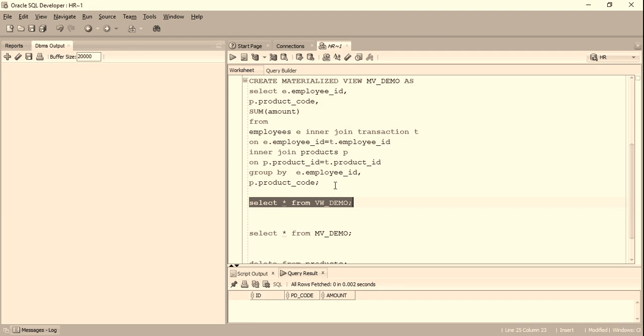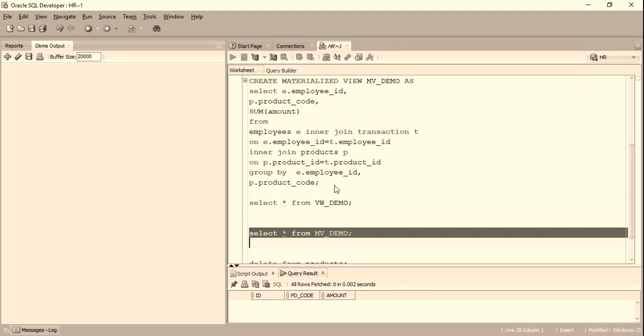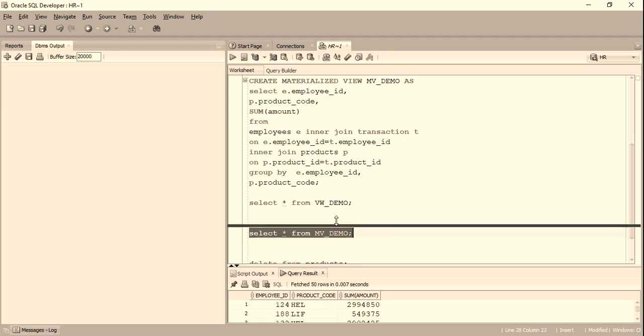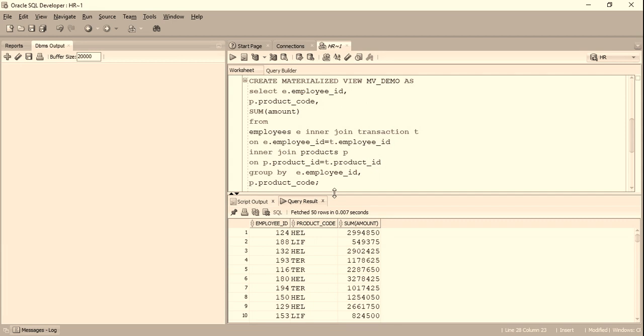I also claimed that when I try to access my materialized view, instead of running this query again, it's going to access the data from the storage location, and since only the data from the table has been deleted, I should still have data in my materialized view and I should see some results when I run this particular query. That's the claim I have made and I'm going to validate that now. So if you see, I still have that data persisted because instead of rerunning that particular query again, it actually went to the location where it physically stored the data on the disk and it retrieved the data from there.